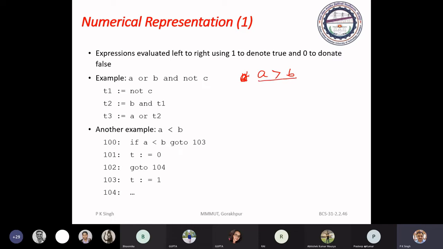Here you may have any of these six relational operators: less than, greater than, less than or equal to, greater than or equal to, not equal to, and equal to. These six relational operators may be used for forming the condition.